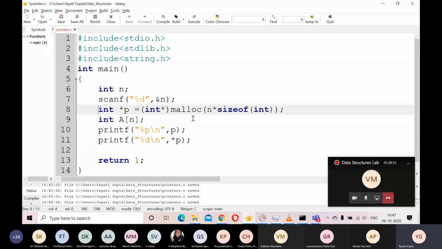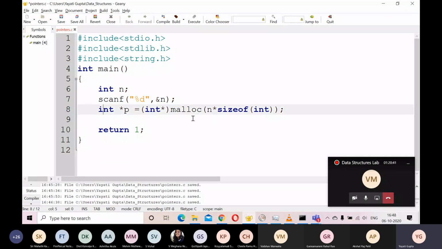So now your statements 8 and 9 do exactly the same thing. What statement 9 is doing is it allocates you 4n bytes in the memory and a points to the first address there. This statement also allocates you 4n bytes in the memory and the first address is returned to this pointer star of p here. So I'm just going to remove this thing.